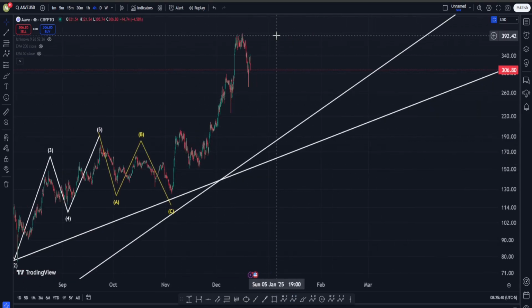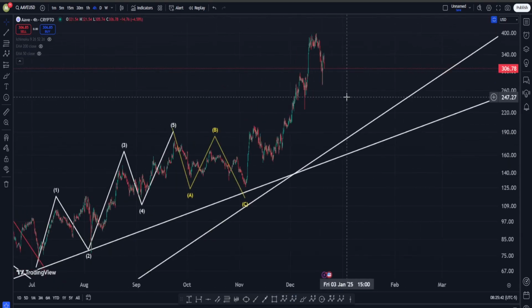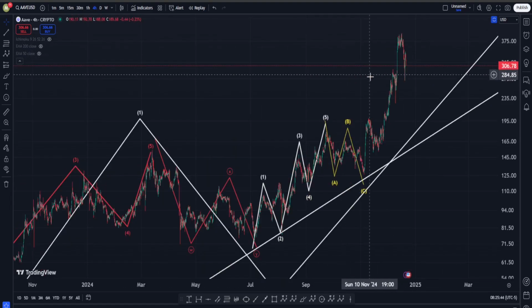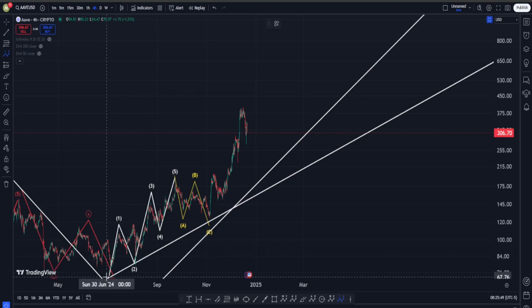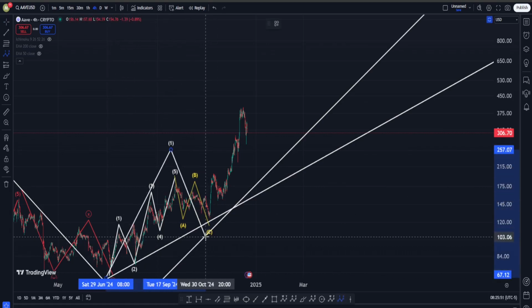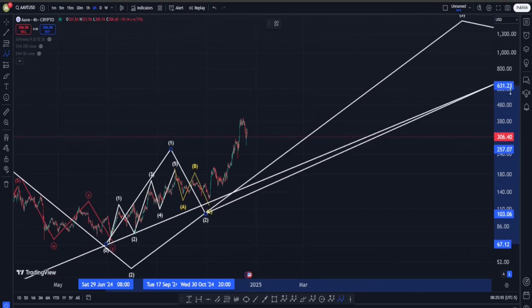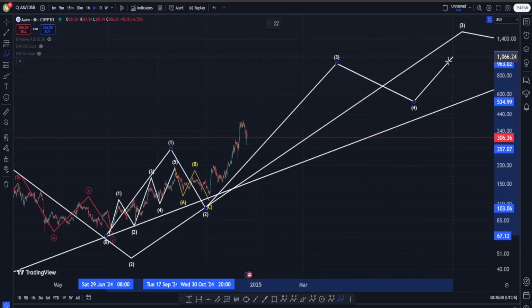Now, from here going up, we can have different scenarios, but it doesn't really matter because I believe this might be from here 5 up into 1 correction for wave 2, and right now we are on our way to complete the sub waves for a big wave 3 and then corrective movement for 4, another move up into wave 5,